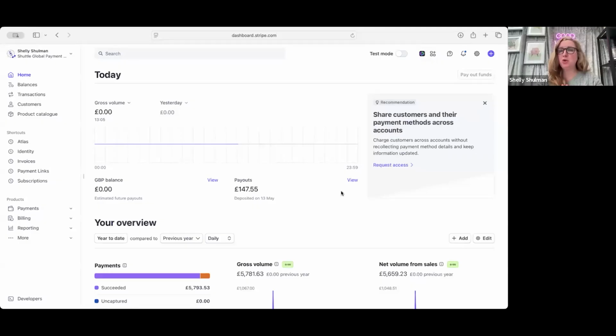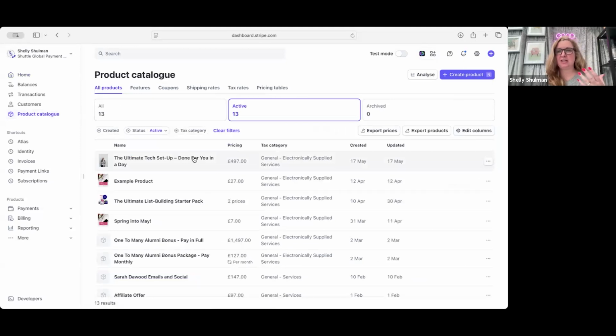Hi, in this quick video, I'm going to show you how you can create a payment link for a product that you have created in Stripe so that you can share that link either on a sales page or directly with a client. Okay, so when you come into Stripe, if you go to your product catalog and you click